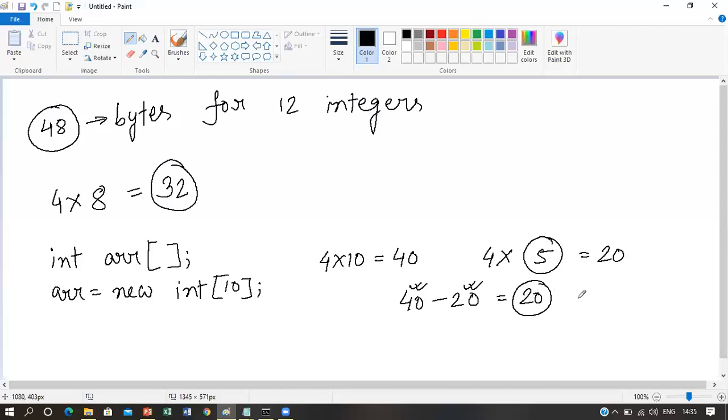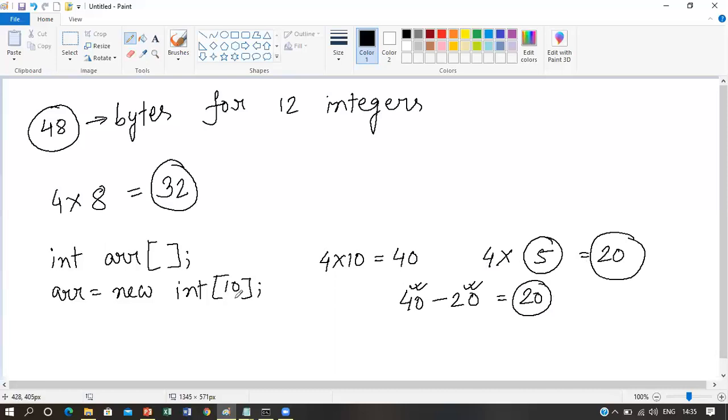That's why Java has provided this dynamic memory allocation mechanism. In this case, if you need 20 bytes of memory, then the whole array size will shrink from 40 bytes to 20 bytes, so that the rest of the 20 bytes of memory is not wasted. So this is the advantage of using dynamic memory allocation in Java. But obviously there is a disadvantage that the array size can only shrink, but it cannot grow in size.